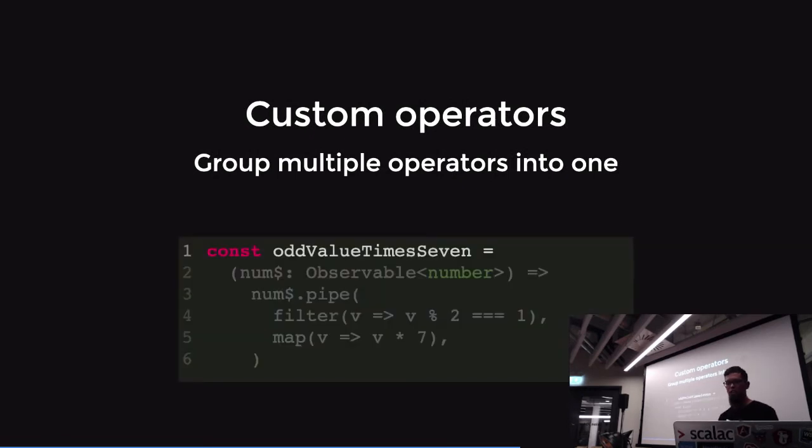In real life, we can use the example from the picture I've shown you before: odd values times 7. We first filter odd values, and then map to multiply by 7, and then those two operators can be used